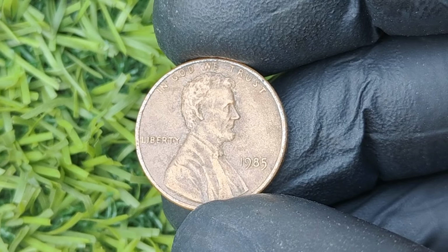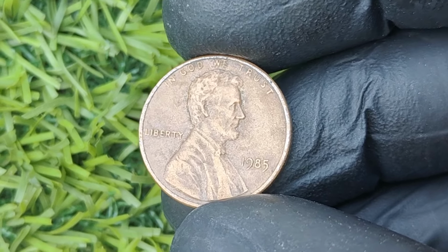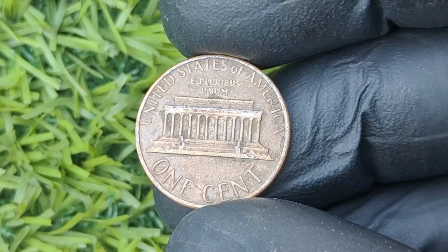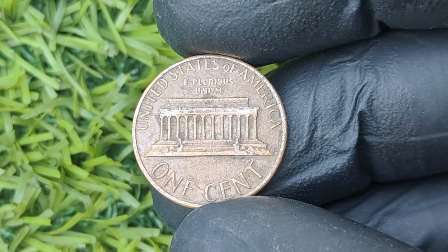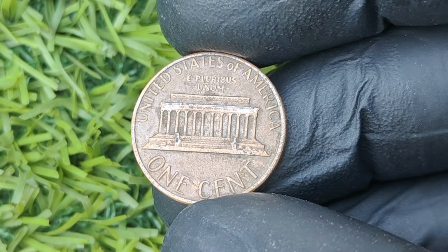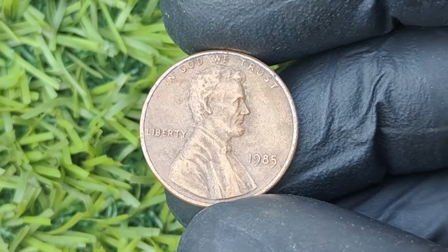100 of them made $1 and nobody cared. But coin experts started seeing things. Differences in the strike. A shimmer in the copper. A pattern in the missing mark. Collectors realized they weren't looking at just another cent. They were holding a unicorn, a coin so rare, so accidental, and so perfectly preserved that it could be worth